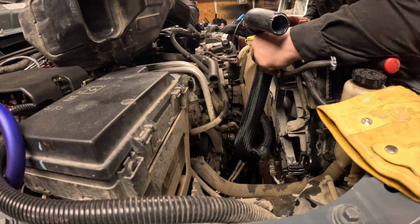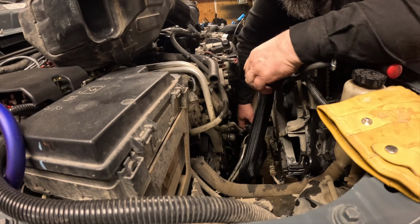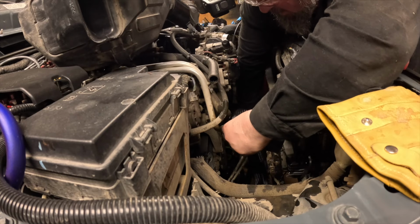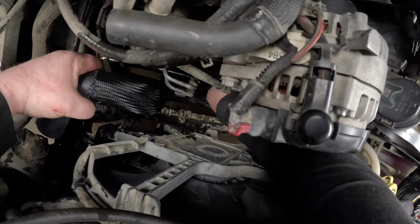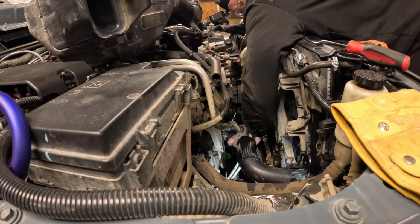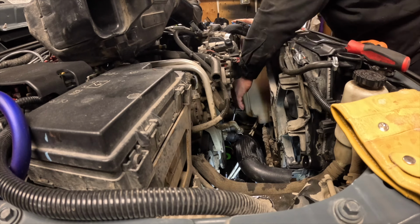I'm going to stick the bottom one on first, because that's the one I'm going to struggle the most with. So push it on the water pump neck right there as such. There's another view, first person view, getting her on. Getting into place, and I'm using the special pliers again that has the cable, releasing the tension,